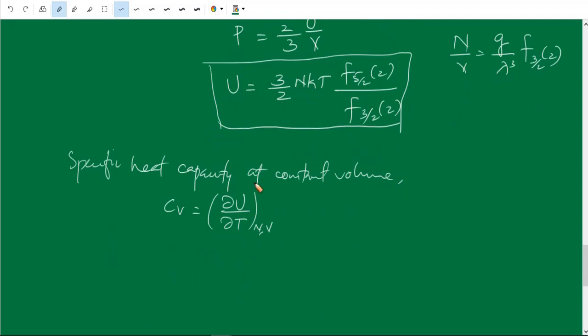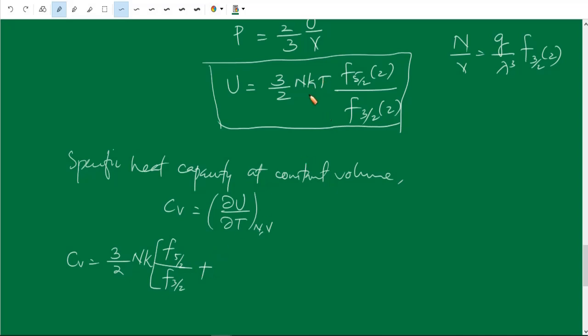Using this expression for U, we can write CV is equal to 3 divided by 2 N k, so the first term will be N k f 5/2 divided by f 3/2 of Z plus